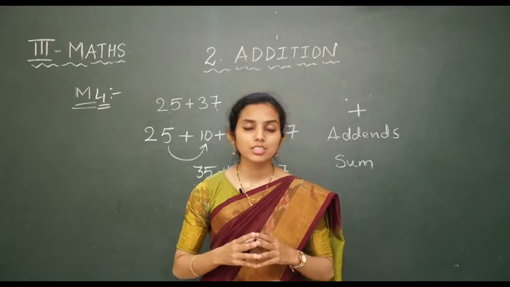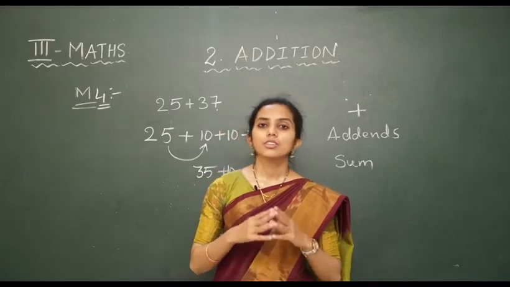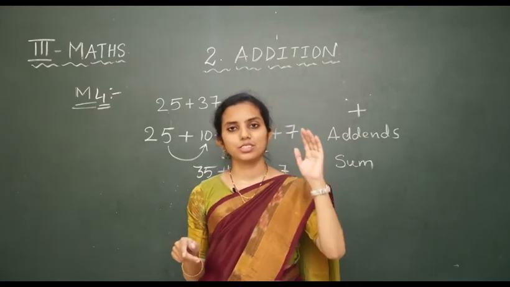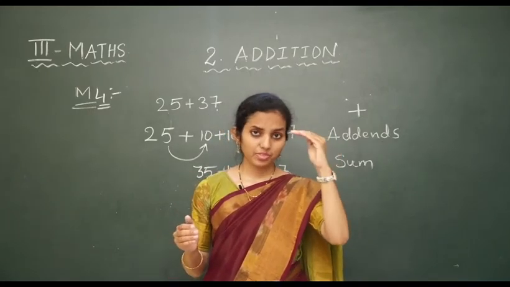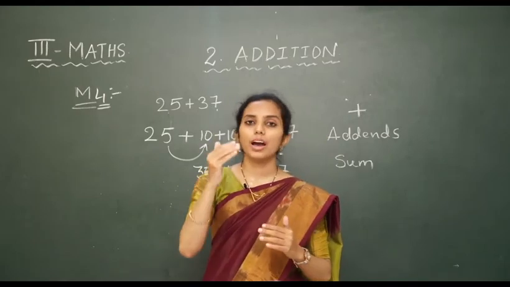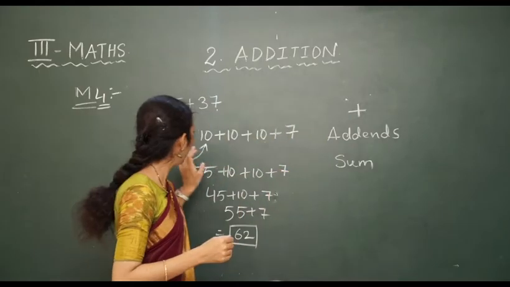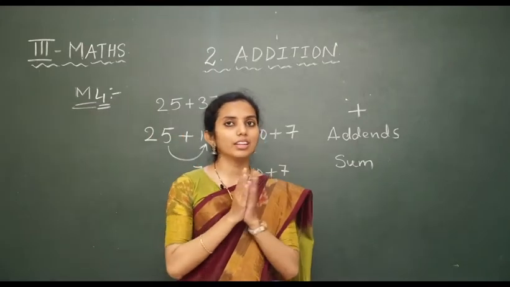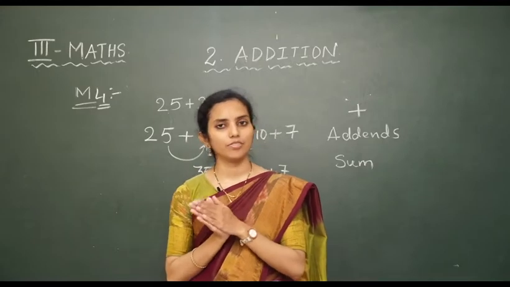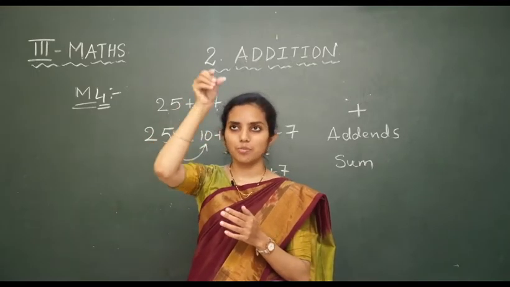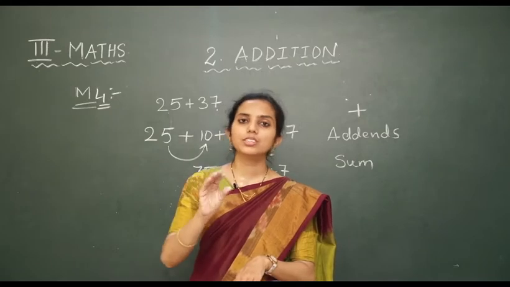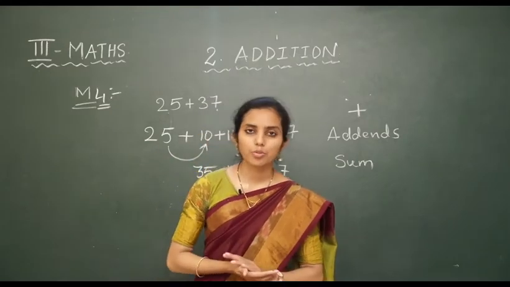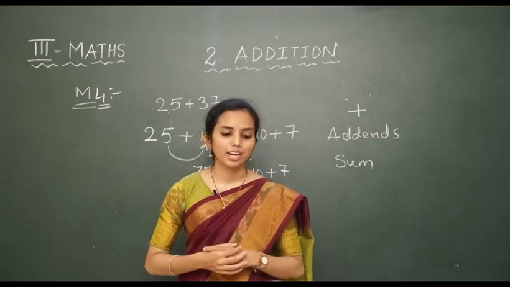And the next method is counting on hundreds chart. So what is counting on hundreds chart? We write the complete numbers, number range from 20 to 100, and we mark the numbers. So for example, it is 35 here and we have to count on hundreds chart. So after 35 plus 10, what do we get? We get 45. So we start counting and marking the sequence of the numbers, and ones number we add later. So this is a time taking process when we use it for bigger numbers.